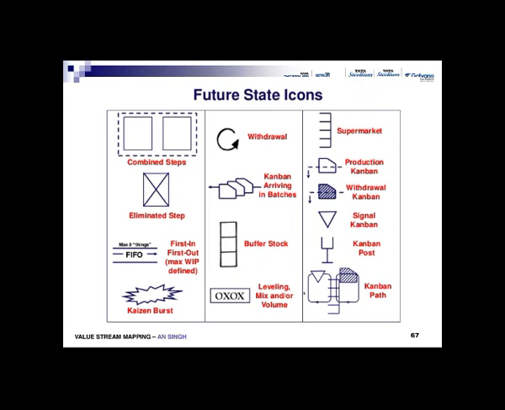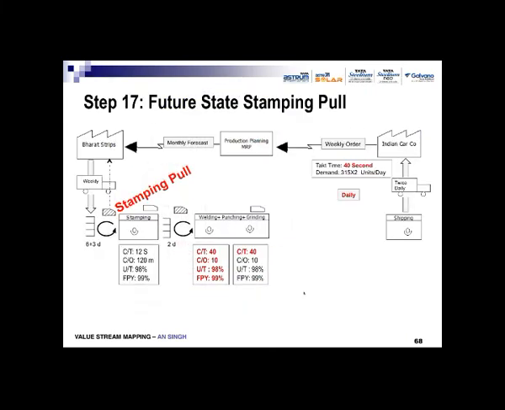Here the Kanban system, that is a withdrawal, means it has to be pulled back like this one. Kanban arriving in batches, cards are used, that is a signal. So these are the various kinds of signal icons used while making the future state map. The same process now, after analyzing the current state map and finding the solutions, it was observed